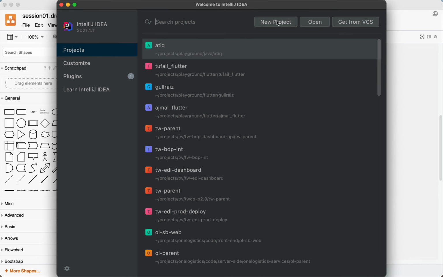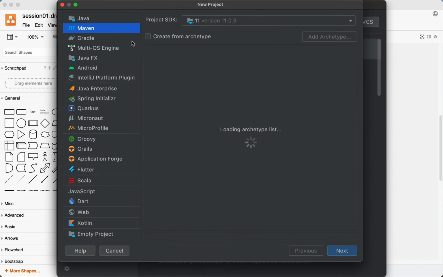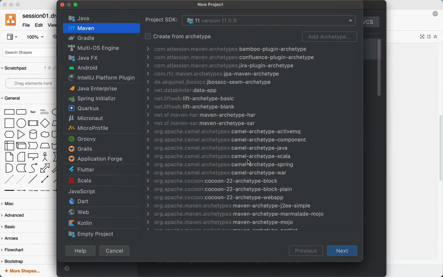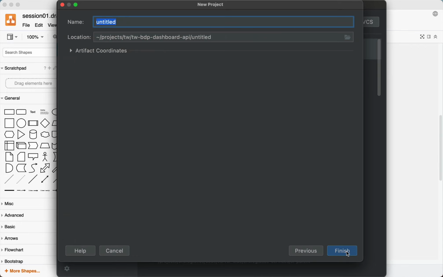Okay, so I will create a new project. Don't worry, I will explain to you how to create a project. I will handhold you when I want you to do it on your machine. As of now, just see, I am creating a new project.